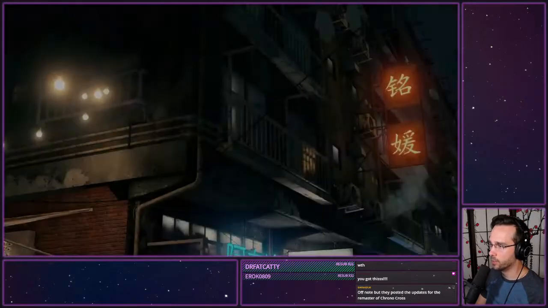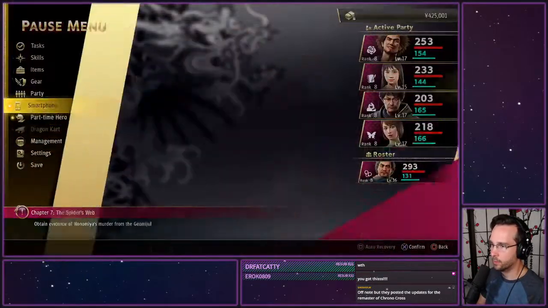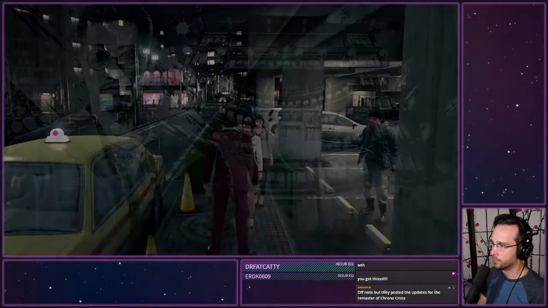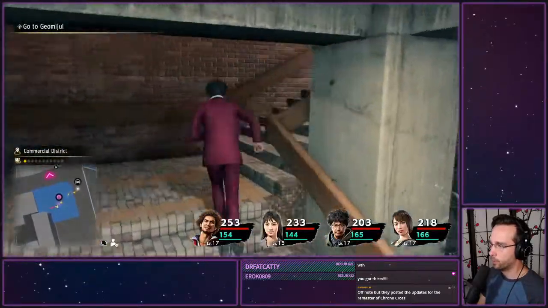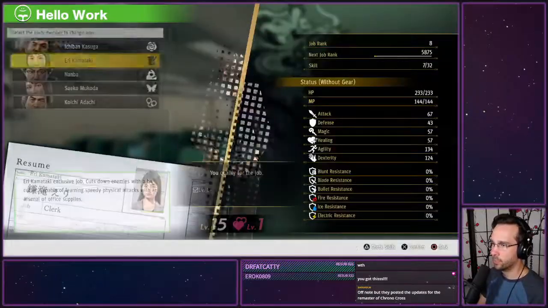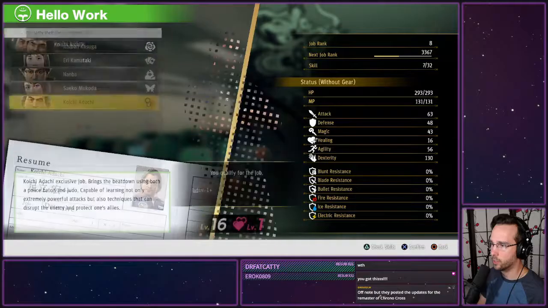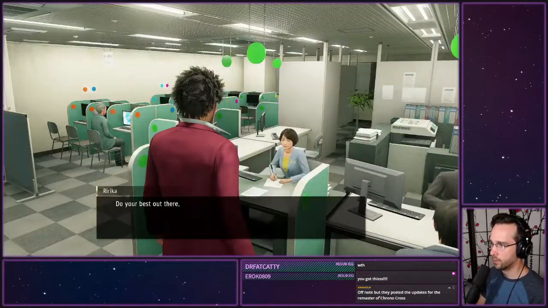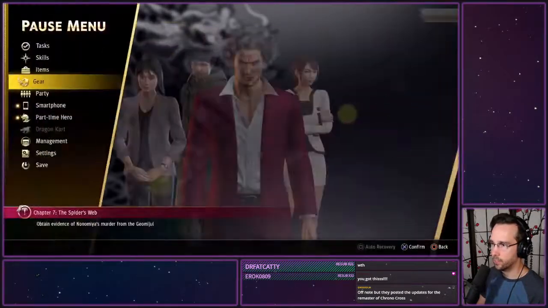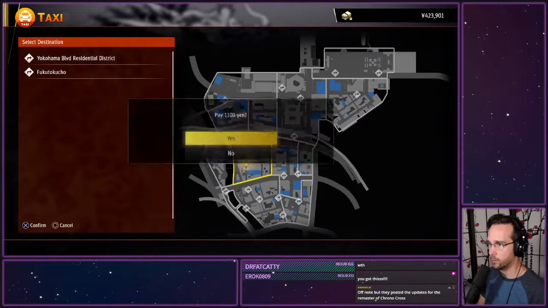Because we've got a couple more things we got to do here quick that are different. So, head to Hello Work, where we will now change both Adachi and Eri's classes. We will change Eri to the dealer, and we will change Adachi to the enforcer. And then Ichi will steal Eri's hard leather boots. We need to change the party to get Nanba out for Adachi. And then we fast travel to Fukutokuchu,